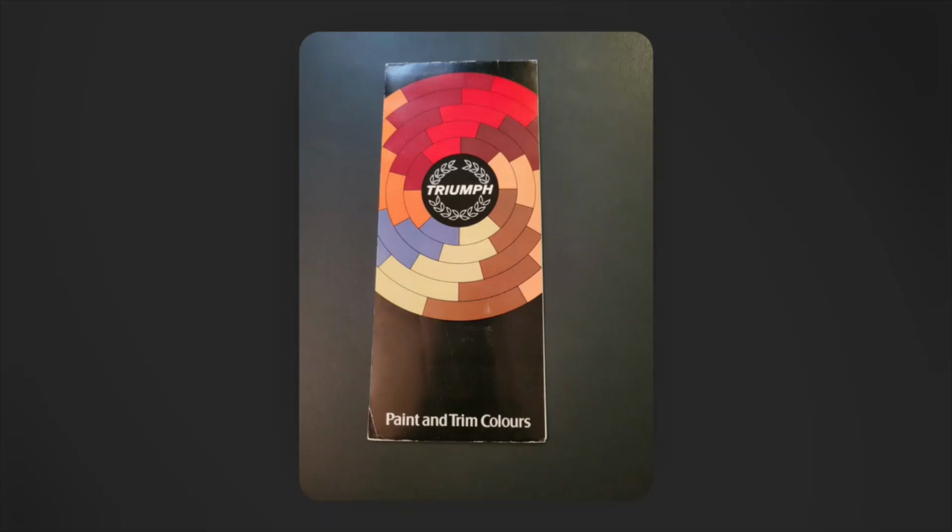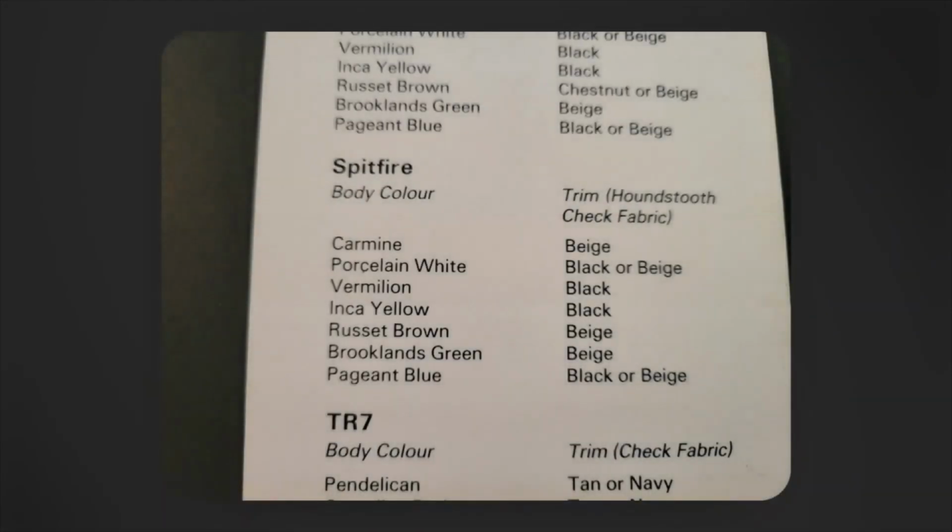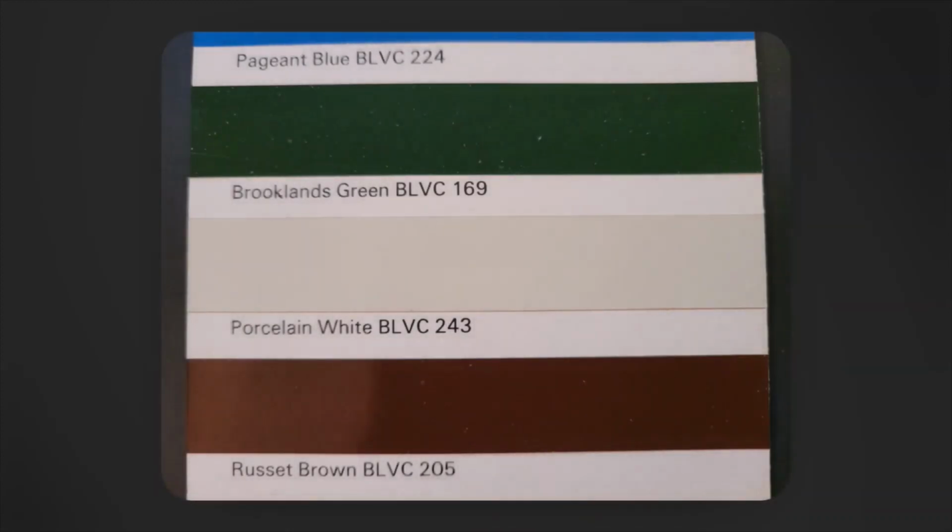I really like, by the way, the design of this brochure, and this was published, as you may be able to see there at the bottom, in February of 1980, which is kind of neat because my car was produced in February of 1980. And on this brochure we actually have porcelain white for the body color options for the Spitfire. Again, this published in February of 1980. Porcelain white is given as a color option, and more important, we actually have a color chip